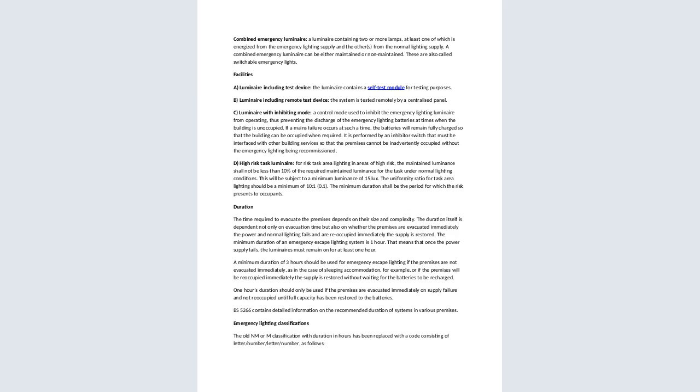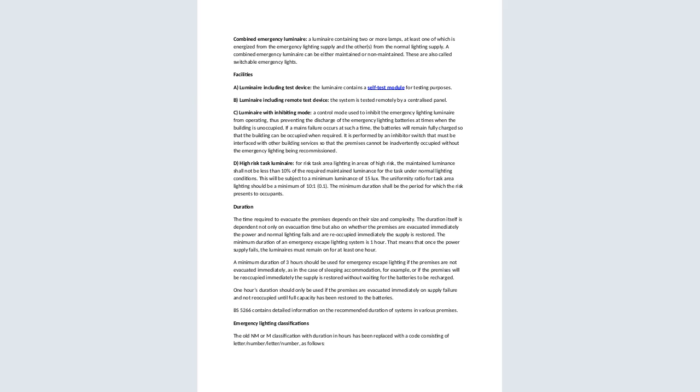So the combined emergency luminaire is a luminaire containing two or more lamps, at least one of which is energized from the emergency lighting supply and the others from the normal lighting supply. So a combined emergency luminaire can be either maintained or non-maintained. Now, what about the facilities? In the facilities that have to be used, now we have the luminaire including the test device. The luminaire contains a self-test mode for testing purposes, while another one, the luminaire including the remote test device, where the system is tested remotely from a centralized panel, and another one is